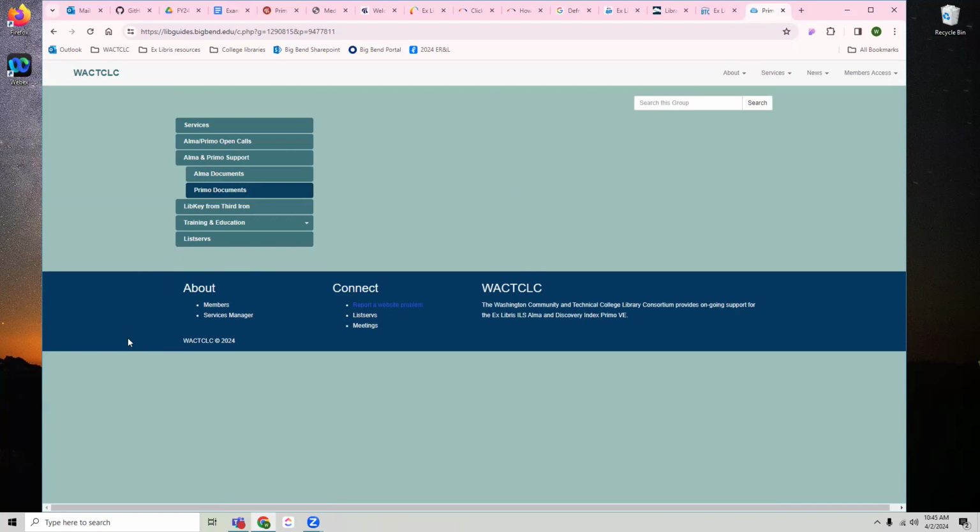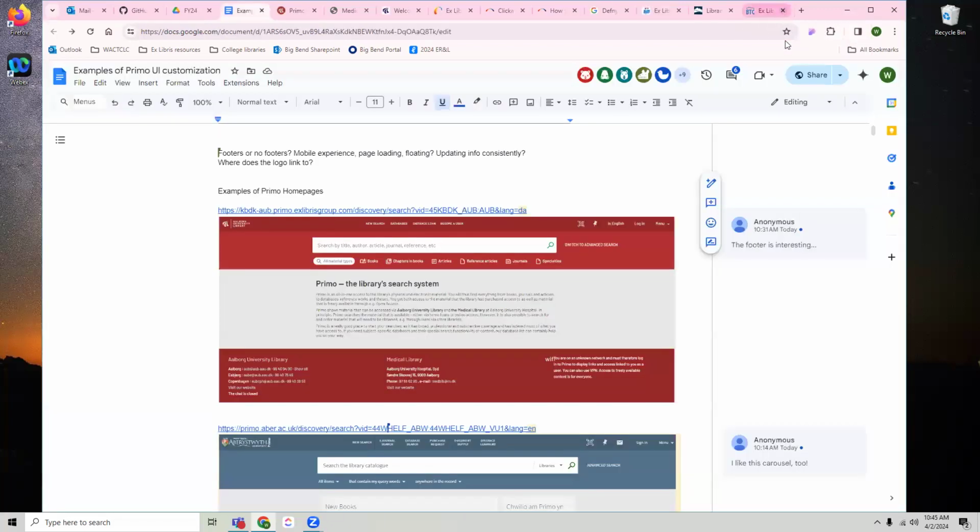This is the problem with footers, because I have futzed with this thing so many times, and the last time I futzed with it, I broke the admin view again. So I stopped futzing. Yeah, I'll start to put some of this stuff on that Primo page, so there's somewhere we can find it